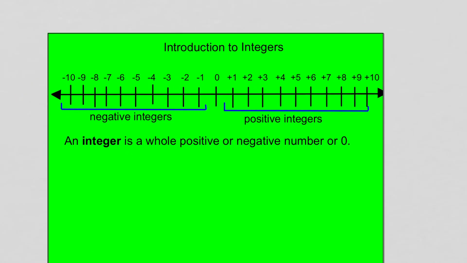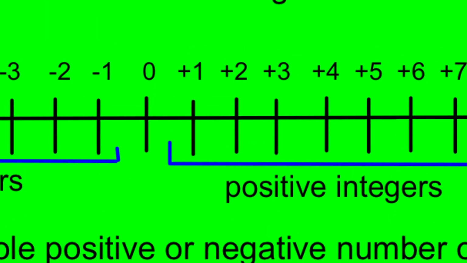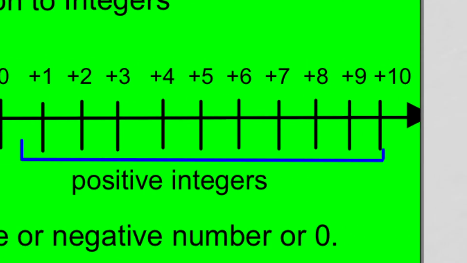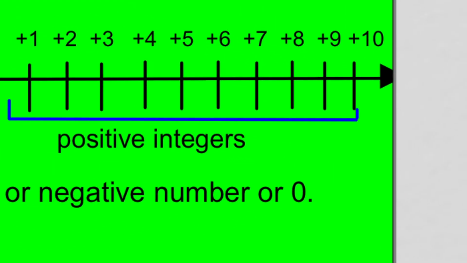So what we have here is a really good visual representation of what integers are. An integer is both a whole positive or whole negative number or zero, okay? So integers include 0, and they include positive numbers, and they go on forever in the positive direction. And as we get farther positive, as we go this direction, in the positive direction to the right, the numbers increase in size, okay? The numbers get larger,